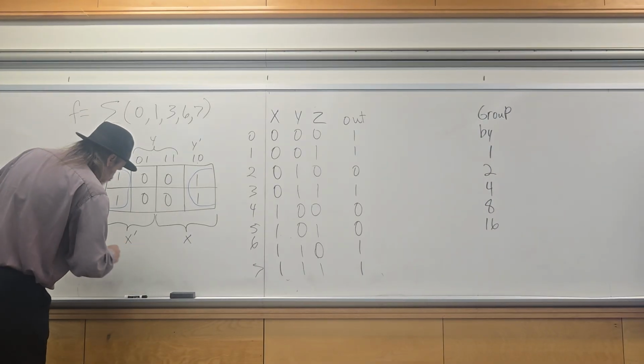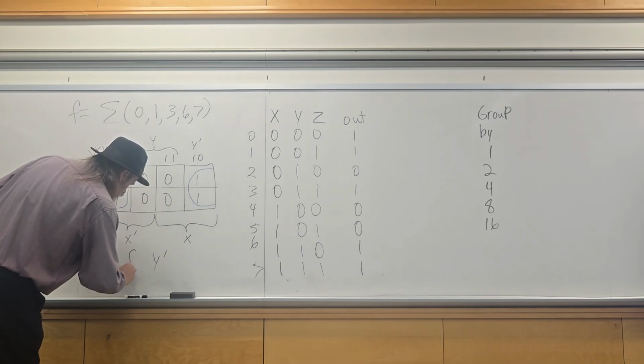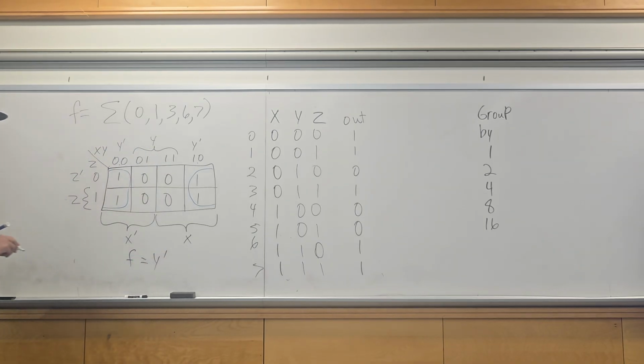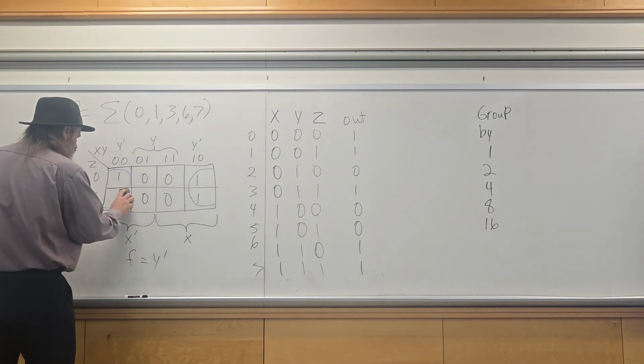So the final expression is just y prime, because it wraps around. And you can do similar things with groups of 2. With the groups of 4, though,